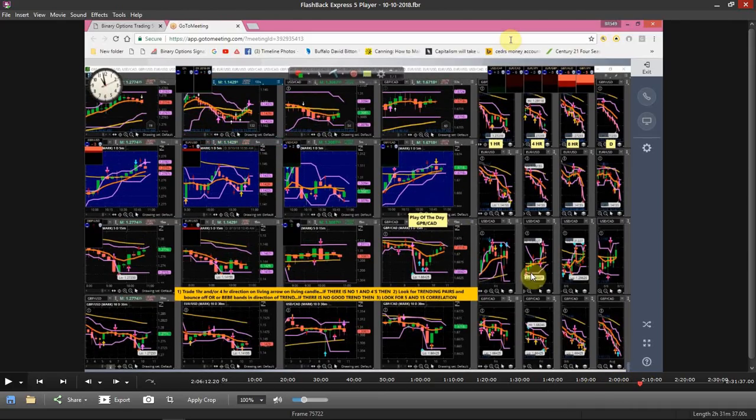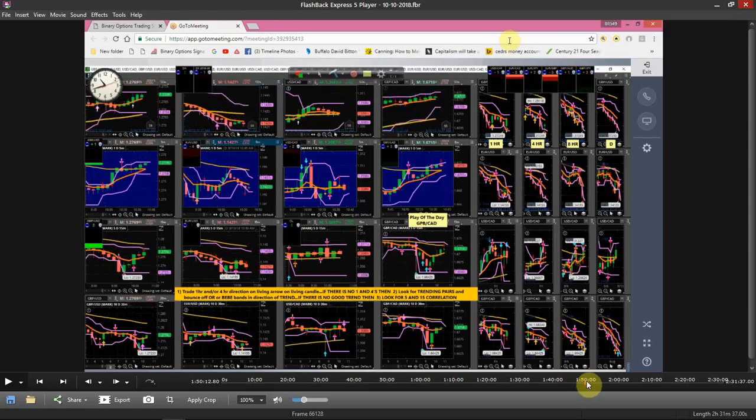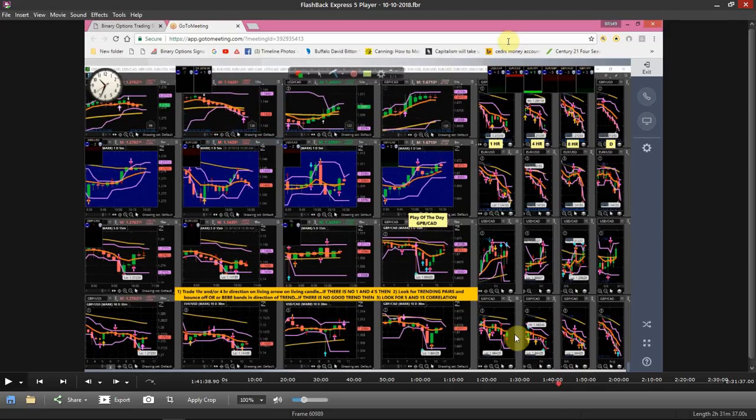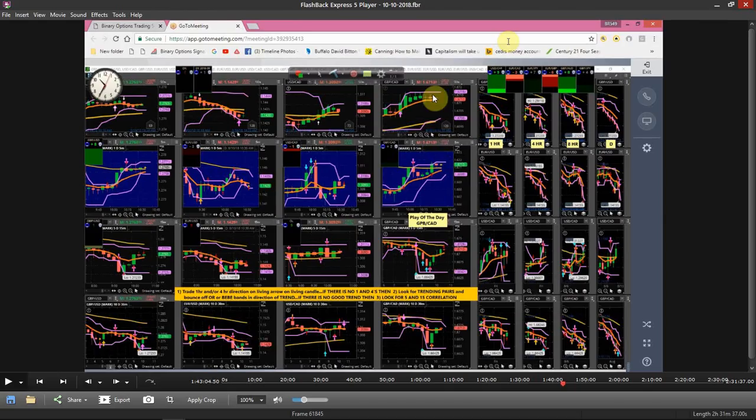Every single time it comes down, you can buy it because you got a 1 and a 4 hour correlation. Now, here's the thing. When they hit these orange roads right there, okay? Look, I'm going to show you something. When they hit them orange roads right there, watch. It's going to pull back. See the pullback? Now, watch how bad it does, okay?